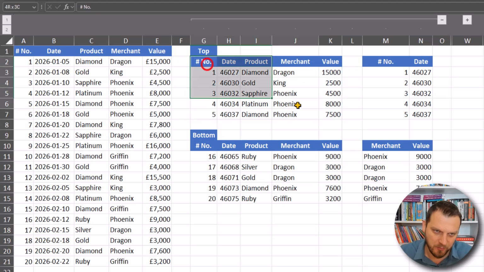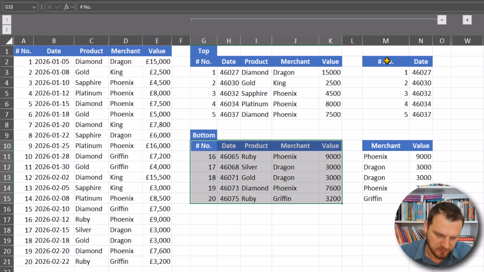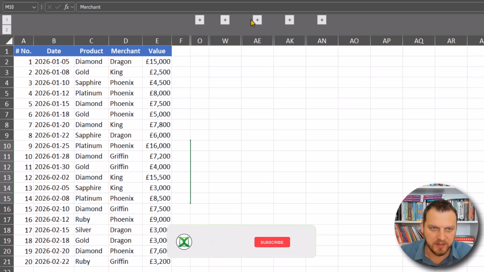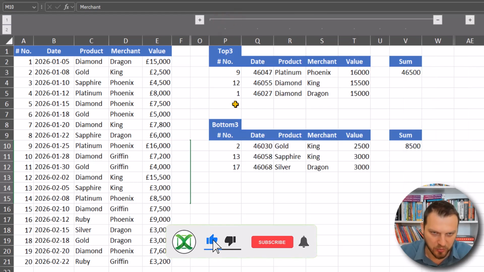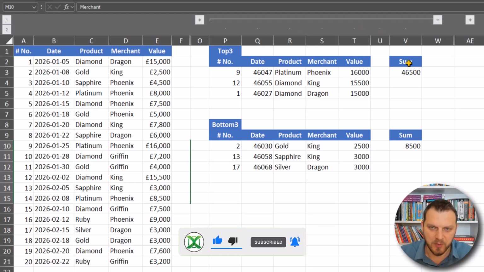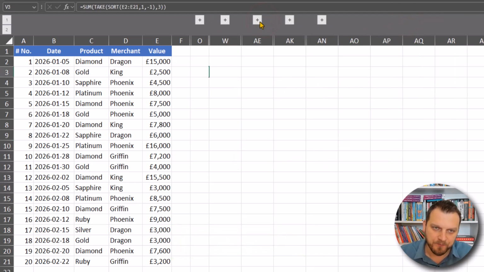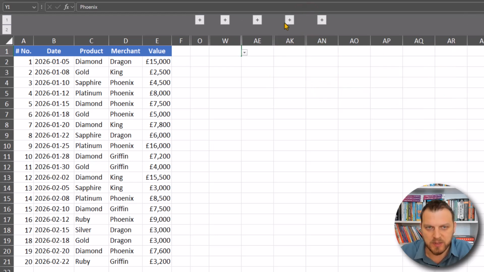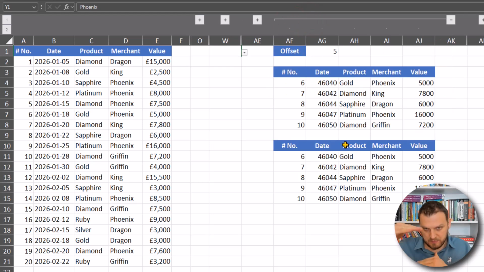rows from the top or bottom of our data. We can choose left side columns or right side columns. We can, based on that, get top or bottom values based on sorting criteria. You can also sum those values. We can choose top values by filters, so by criteria for the currently chosen merchant, and we can also get a